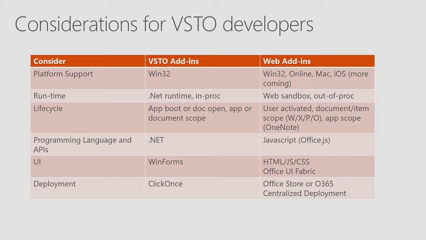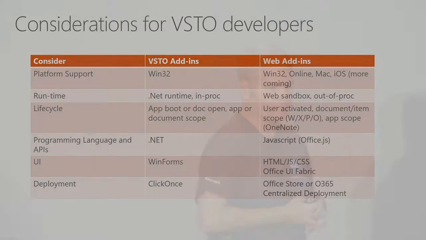Runtime, this is another benefit to this new add-in platform. Under VSTO, everything loaded in proc with the host app. So if I had an Outlook add-in, it loaded right in proc in the Outlook.exe process, right? And so if my add-in had some problem, Outlook had some problem. And this could frustrate users, right? With the new add-in model, everything's run in a web sandbox and it's out of process with the host app, okay?